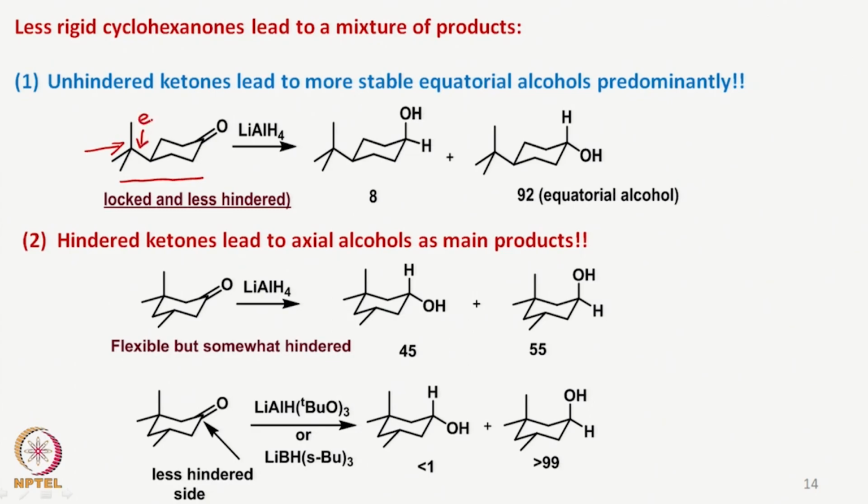When the lithium aluminum hydride attacks, as you can see, the reduction occurs mainly from the axial side. That means the hydrogen approaches from the axial side, leading to 92%